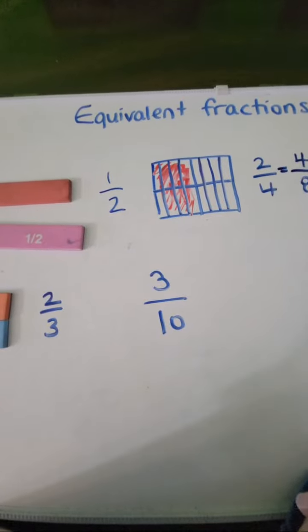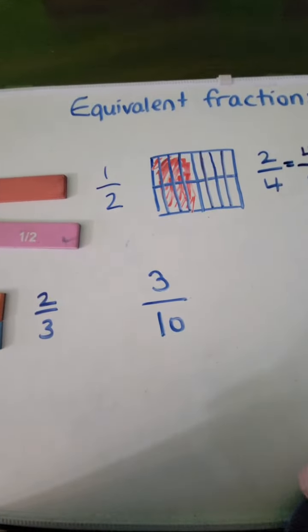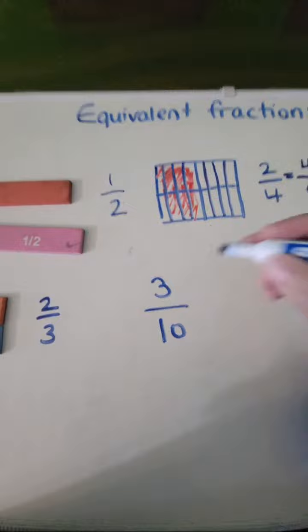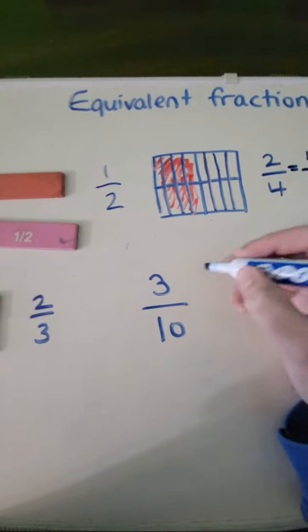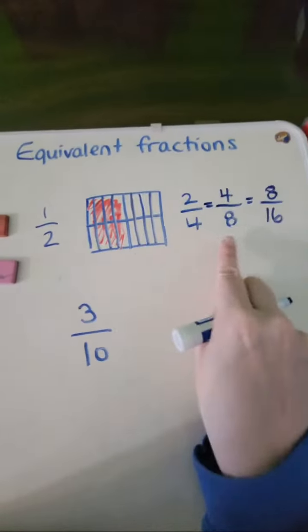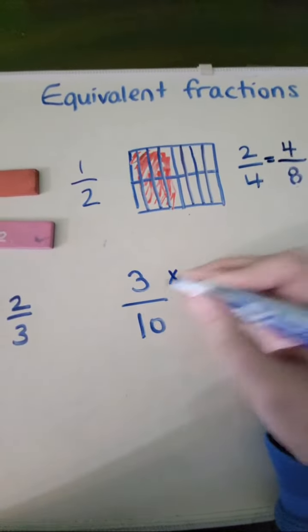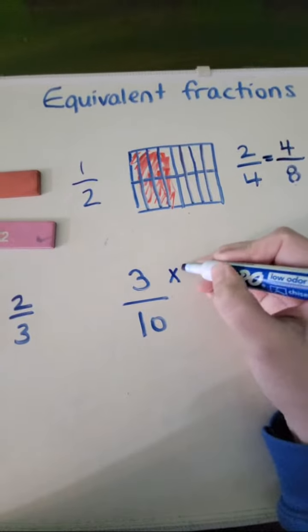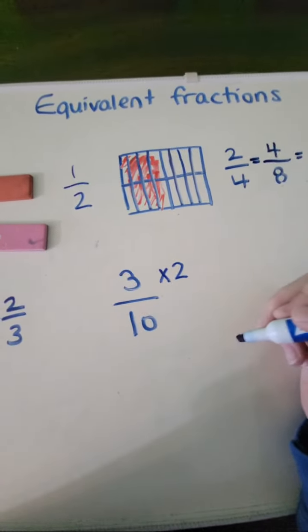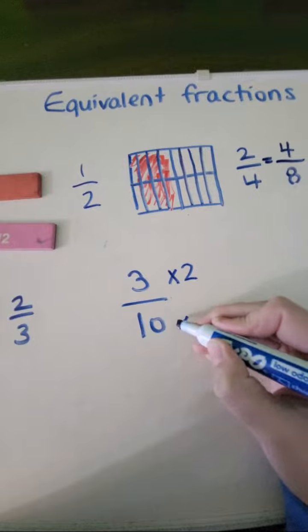So when it comes to fractions, usually we deal with multiplication and division, okay? So whatever you multiply, kind of like what we did up here, right? We multiply, we made the number bigger. Whatever happens on the top has to happen on the bottom as well. So we have, let's say, times 2. Great. I'm going to do the same thing